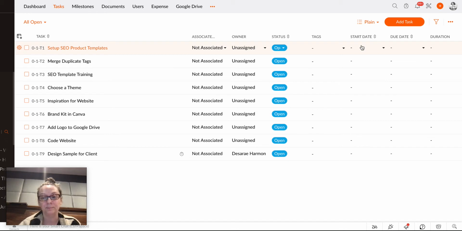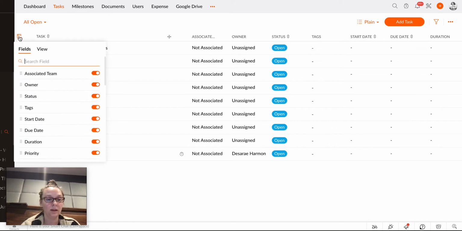and now I can see all the tasks easily in one place. Sometimes when you're first in here, your view might look a little bit different than mine, so you may want to organize that. There's an option for that with a square icon in the top left-hand corner, currently under the All Open, and that says Customize Column. So I'll click on that, and I will look at Priority and move it up under